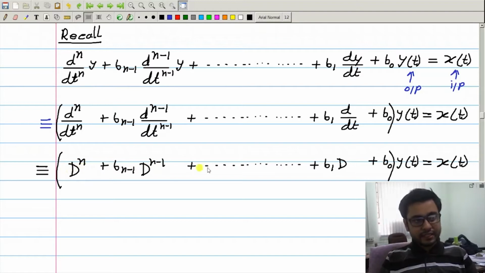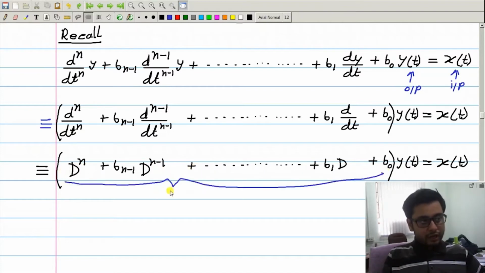This is the same equation as this one. Now, this is quite a long equation to write again and again. Therefore, I will use a simpler notation, and I will write this long operator